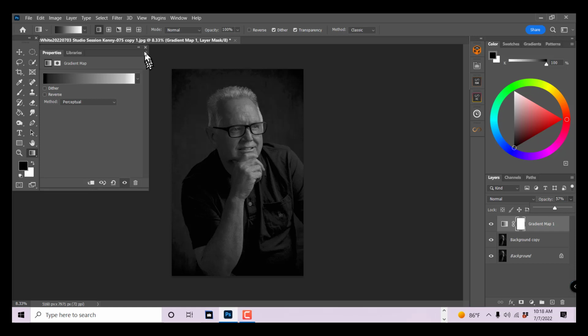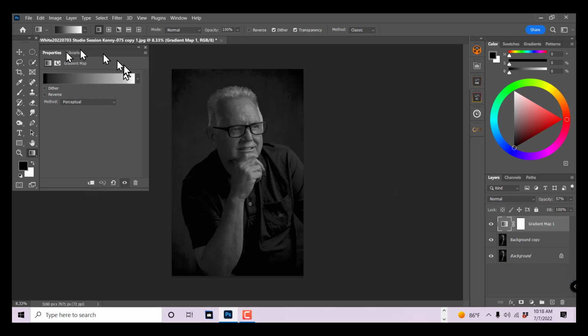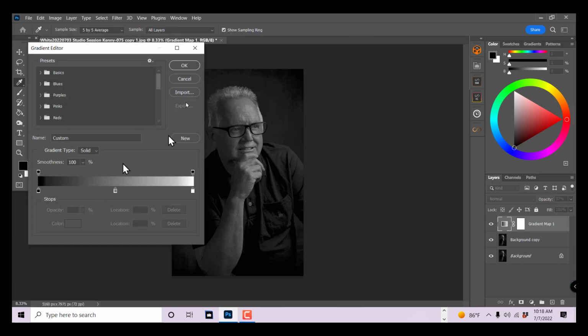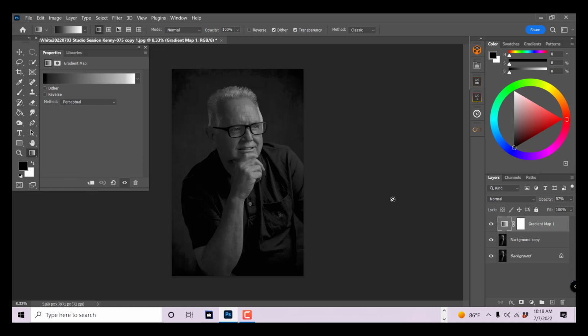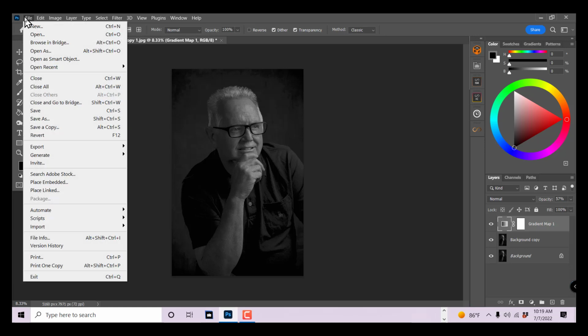The one advantage of doing it as an adjustment layer is once you've come out of the gradient editing, if I come back and click here, it'll come right back to where I was. So it's non-destructive. The other way is once you've imposed it, you either have to start over or whatever. Alright, so last but not least, just as a bonus, if you have a color image,